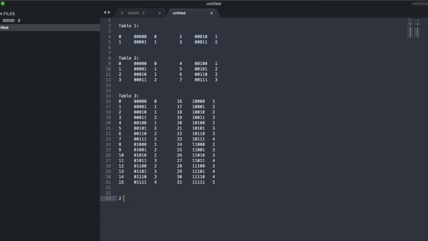So first time it will go till 2, because 2 raised to power 1 is equal to 2, and the second time it will go till 4, because 2 raised to power 2. The third time it will go for 8, and then 16. It will loop until we reach our number.